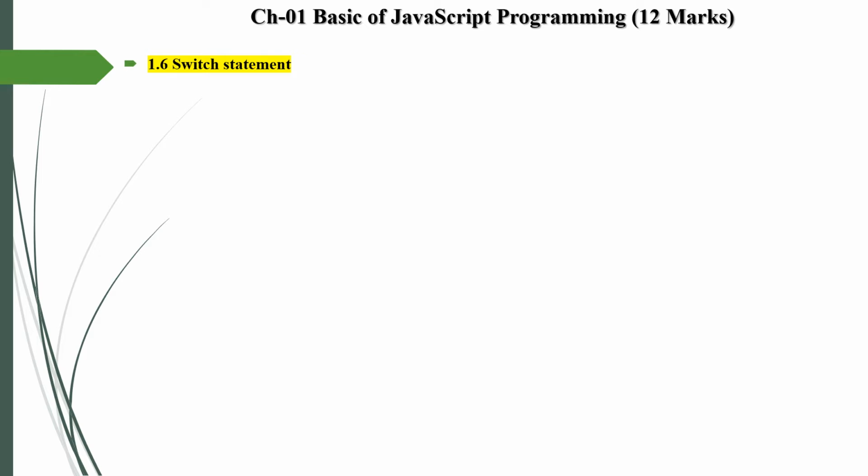Next we see the syntax of switch statement. First, switch is the keyword in JavaScript, and in switch we pass expression. So here we write expression, or we can pass direct value also, or we can pass variable also. So depend on this value, expression or variable, the case is executed.